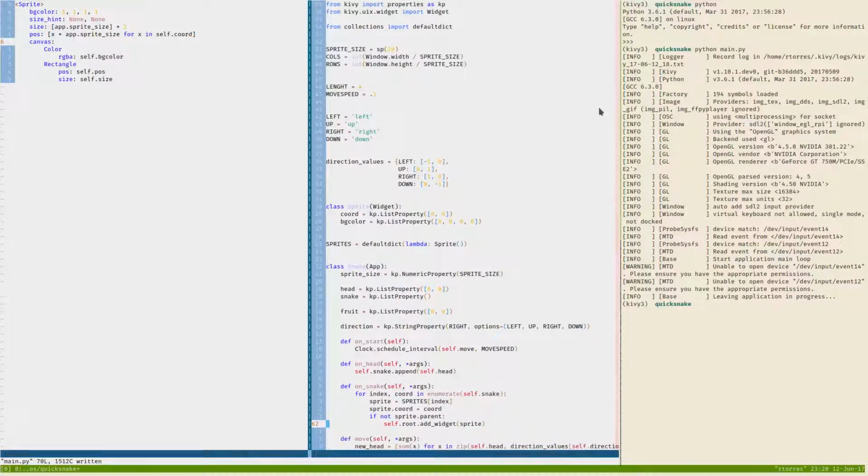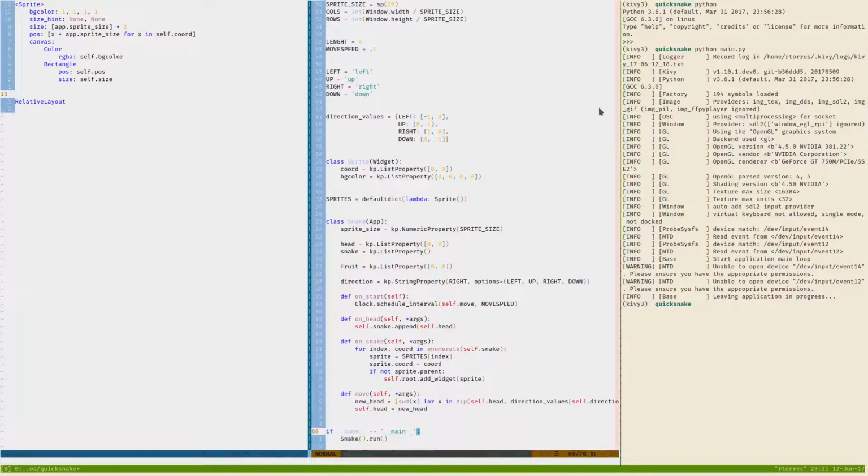Okay, and now the root widget is going to be the only widget that I declare here that does not have these triangles. I don't know their name. So I'm going to say that this is a relative layout, and since it's not declaring a rule, it's going to be used as the main root widget of the app. So I just declare that it's a relative layout, and now I can use it by calling self.root. So I'm adding the sprites to self.root right here, and this should basically give me